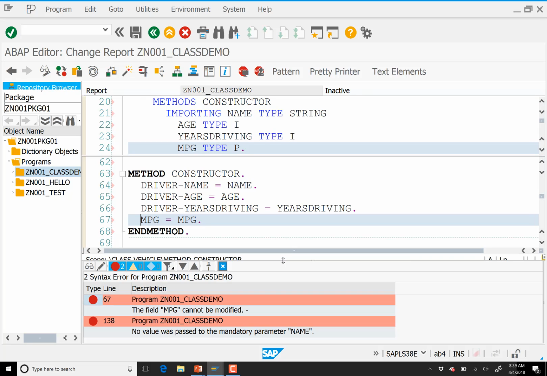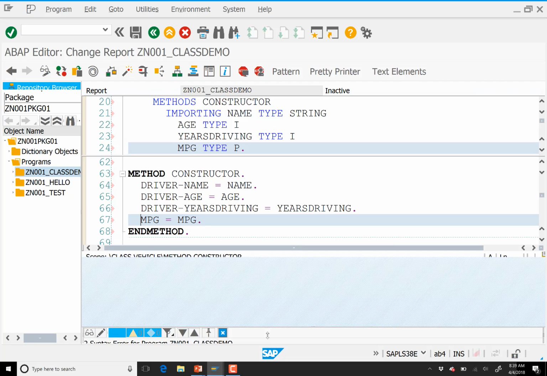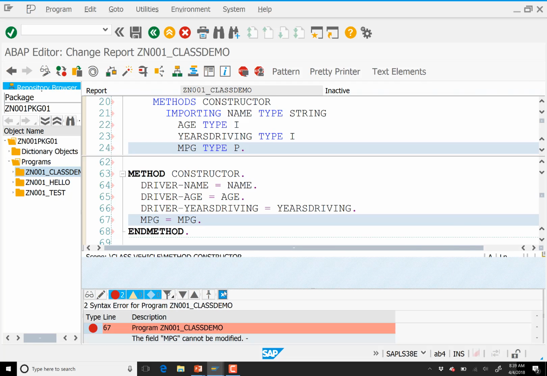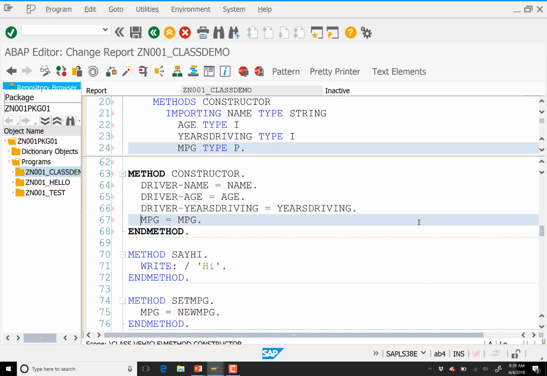The field MPG cannot be modified. No value was passed to the mandatory parameter name. Well, I haven't actually called it yet, so I think that's why we're seeing this second error. But this issue about the field MPG can't be modified, the system is having a hard time at this point